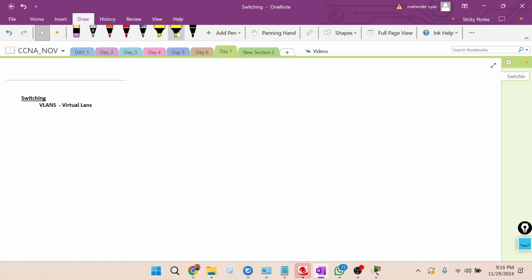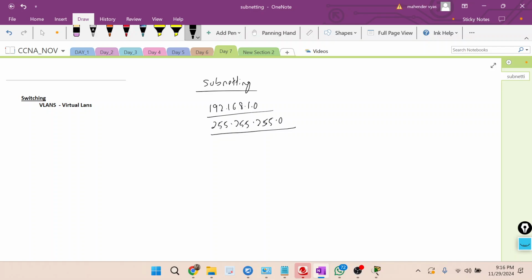You remember when we started doing subnetting, when we have one big address in class C or class A or class B, and the subnet mask is, so with this subnet mask, how many addresses are we getting? We are getting 256 addresses, right? But now our requirement was for IT, suppose we want 40 users.